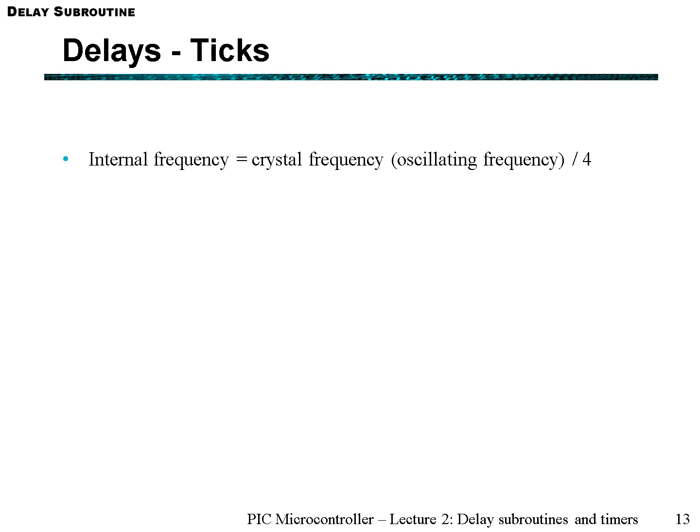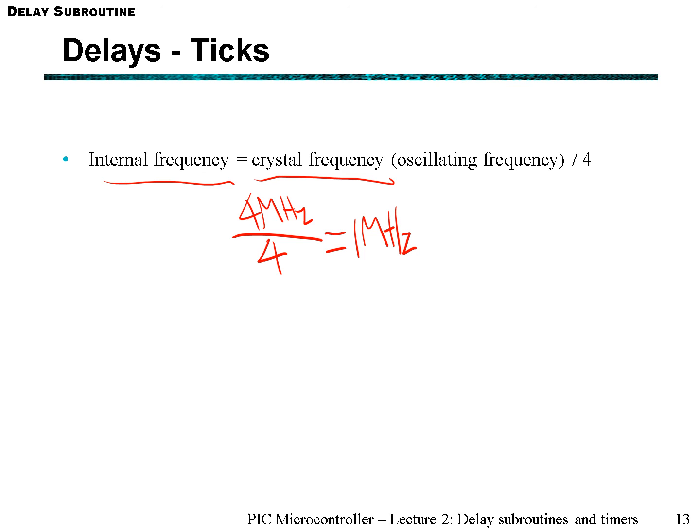So let's look at this internal frequency. So you always have a crystal frequency and an internal frequency. So let's say we have a crystal frequency of 4 megahertz. Your internal frequency is always a quarter of this oscillating frequency. So in our example, our internal frequency would be 1 megahertz. If you remember from first year physics, frequency is the amount of occurrences per second. So a million hertz means there's a million